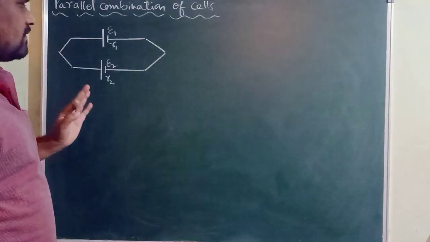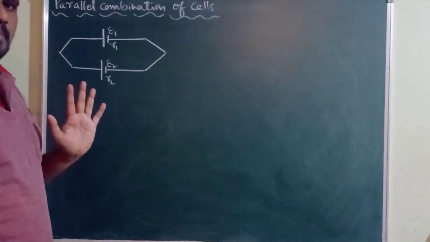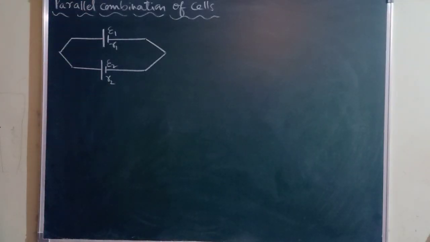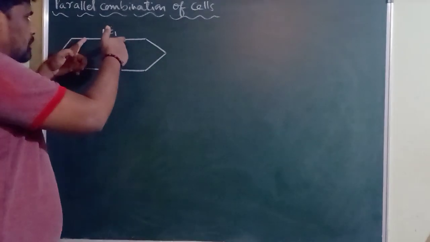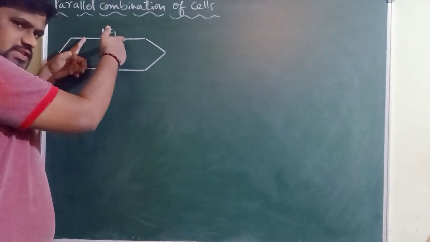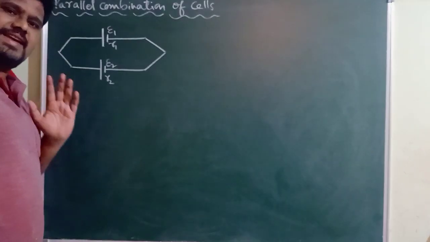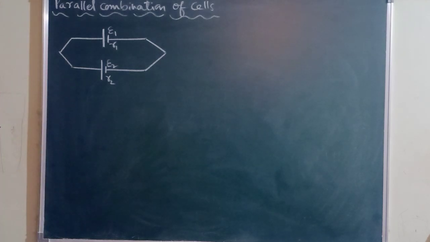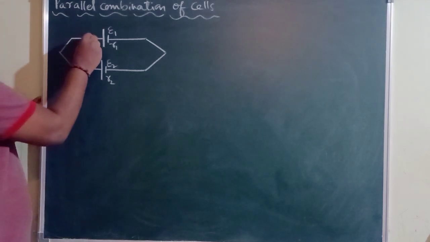When a number of cells are connected in parallel, the terminal potential difference across each cell will be the same. If you measure the potential difference across the first cell, or across the second cell, both are going to have the same terminal potential difference,